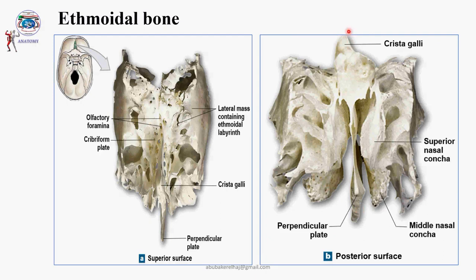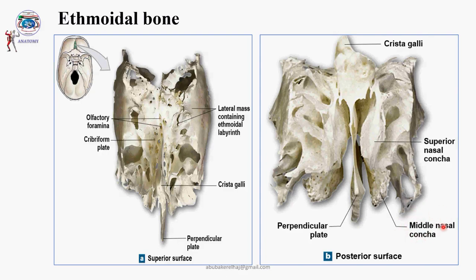Then this is the anterior or posterior view. You see here, this is the crista galli most anteriorly, the projection in the median plane, and on both sides here we have the cavities, that means the ethmoidal sinuses, and this is the perpendicular plate, and here we have the